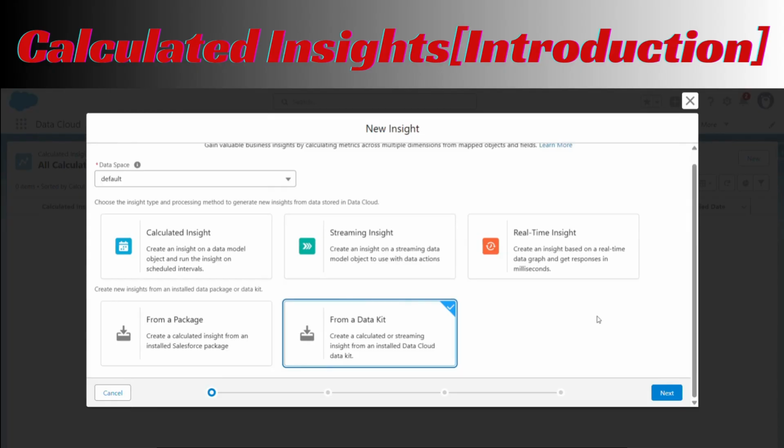Dimensions and measures are most important for calculating any customer's lifetime purchase value or lifetime activities, right? Streaming Insight is for when you want to find near real-time data.